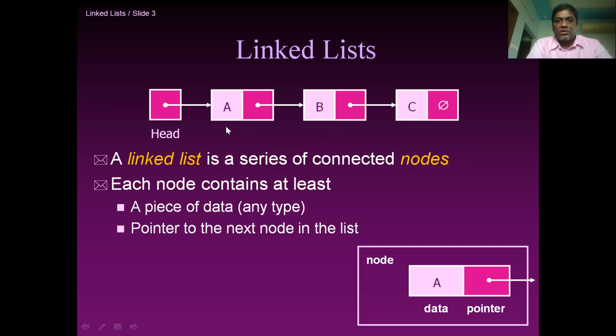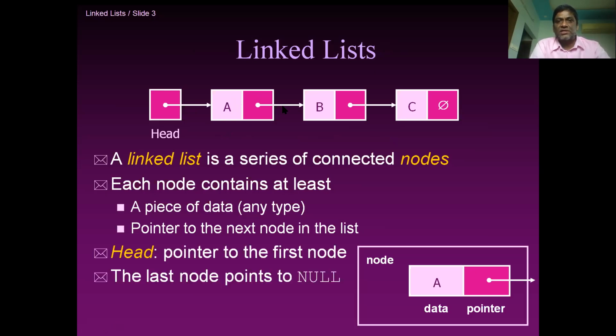Okay, so you can view this as: linked list is a series of connected nodes. First element points to second element points to third element, and so on. And the last element points to null, a special pointer. Okay, and every node, if you look at every node, it contains two fields. One is the data, and the other one is pointer to the next node of the list. So two fields, one field is data field, the second field is pointer to the next node. So this is a simple view of a linked list.